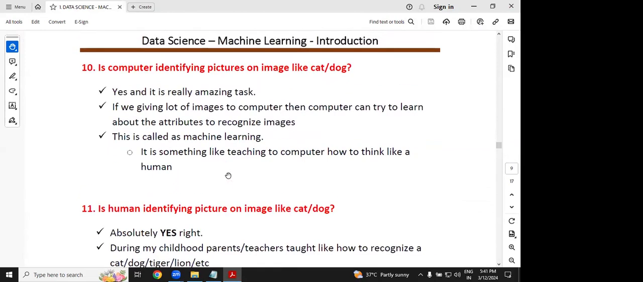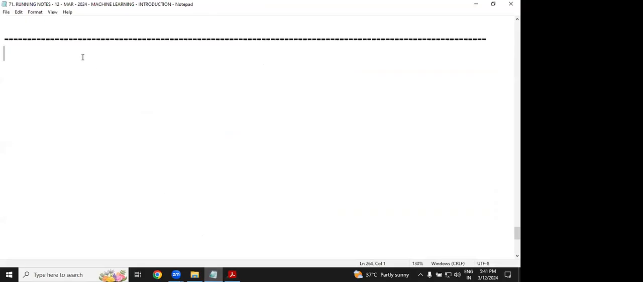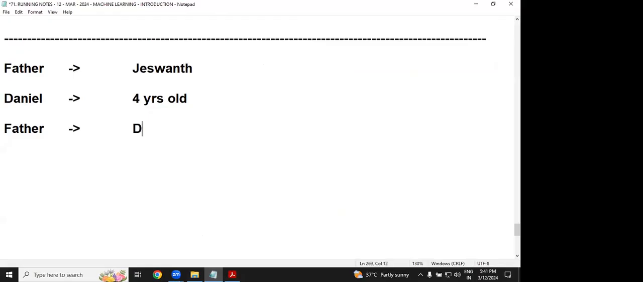Now get ready. What is the point actually? Is the computer identifying pictures and images like a cat and dog? This is seriously interesting. Let me take a small discussion. Good. Let us take my father. My father's name is Jeshwant. Now Daniel, at 4 years old. So my father decided one thing: let me train my son